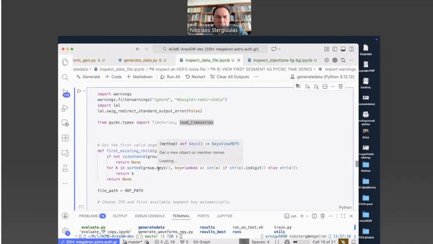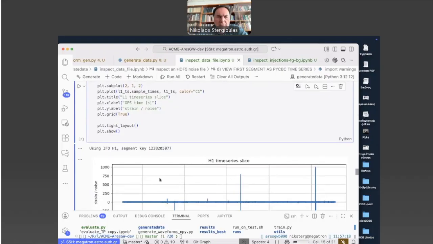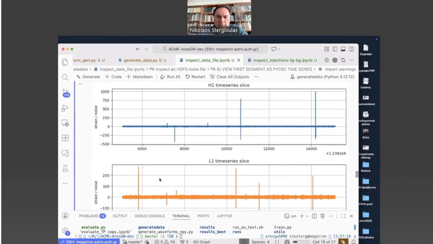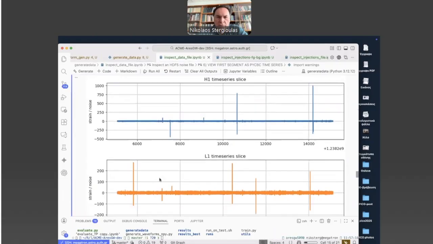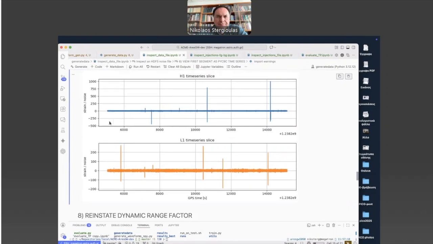You don't need to look up the GPS time and write it. It will find it. And so here's what we see when we plot the first time segment. On the horizontal axis, we see the GPS time. On the vertical axis, we see the strain.